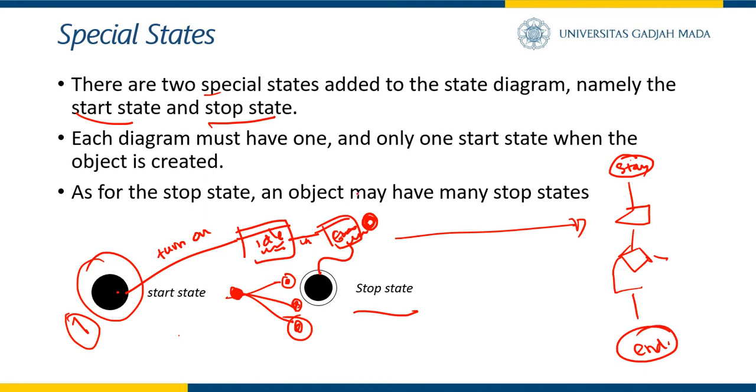So that means there are several possibilities for the stop state, the stop condition. When it stops, it can differ from each other. There can be many ways to get to the end of the process. So that's how the state chart